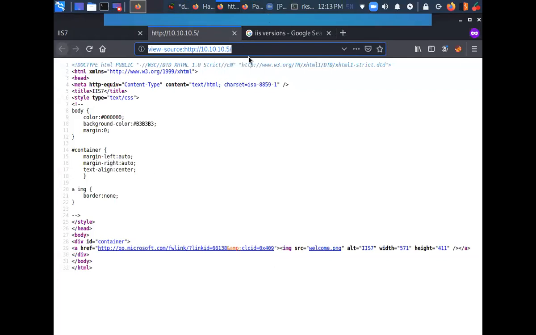Annotate. Oops. And let's take a snap of this thing as well. So simultaneously, I'm trying to document all of my steps.